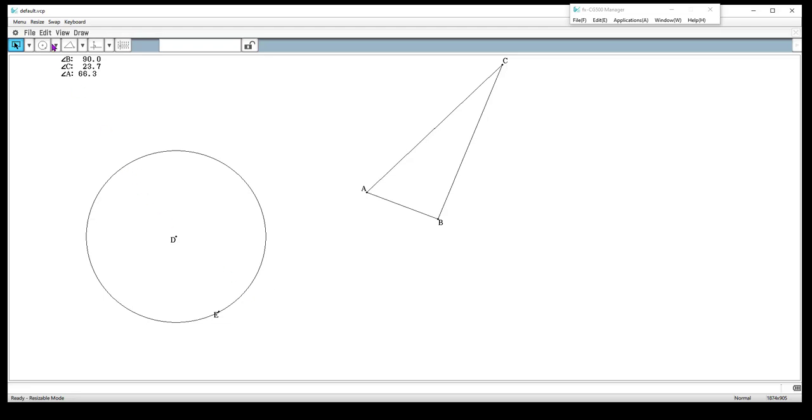So to do that, I am going to get my segment and make 1 radii, and then my perpendicular needs to be at either D or E. Actually, that's not true. It needs to be at D, right?